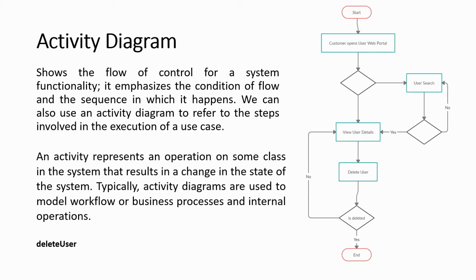So the next diagram we have is a sequence diagram that will give you more detail at a ground level. If you see in the activity diagram, we have seen that it gives you the flow or control, how it goes from a functional perspective. That won't give you much detail at the code level on how the steps will be performed. All right, so the sequence diagram will be helpful to understand how, at the code level, the sequence of the steps will be executed.